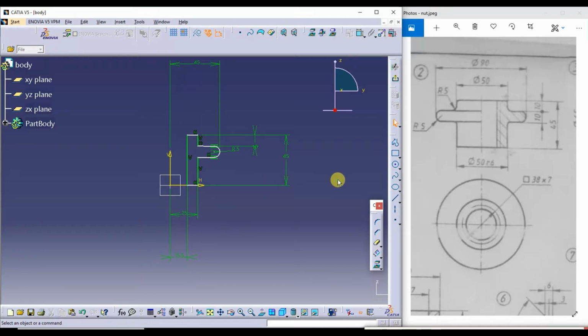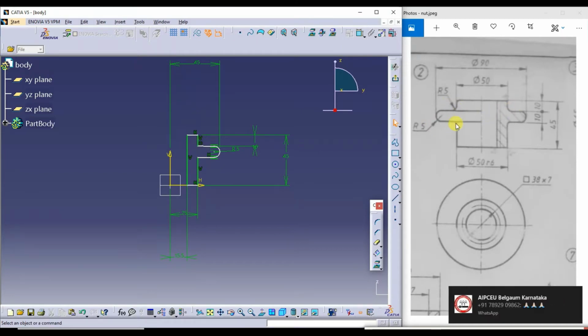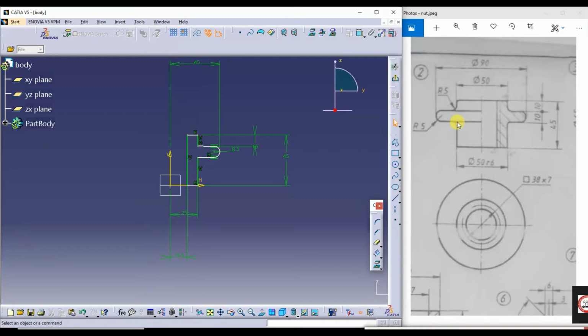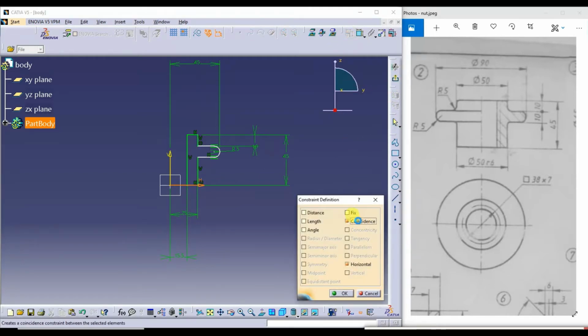Next, dimensioning I need to do. This fillet of radius 5, I'll do it later. This fillet radius and this fillet radius. This fillet radius is not given. So you can take approximately 3 or 5, that is left to you. So whatever fillet radius is here, the same fillet radius will be here. Next, one more dimension I need to give. This is for 40. Next, what I do, I'll coincide this with this, so that it will be helpful for us in assembly.